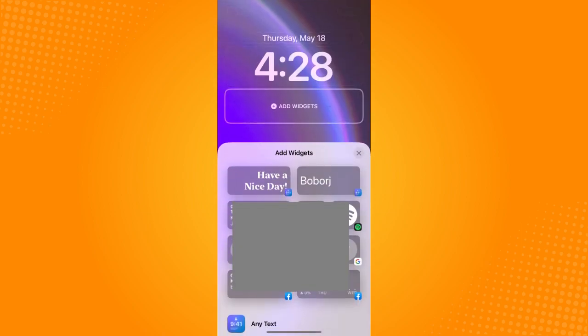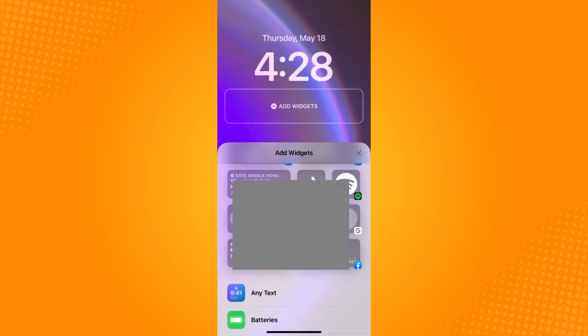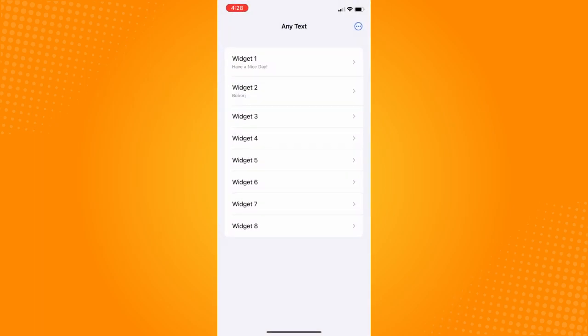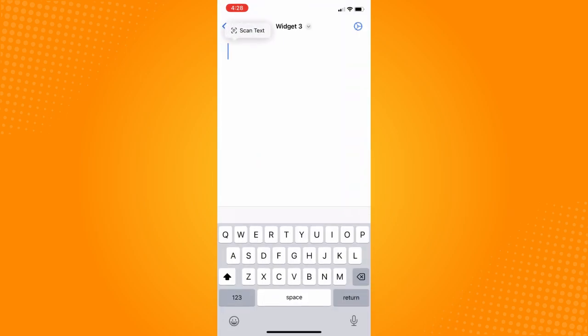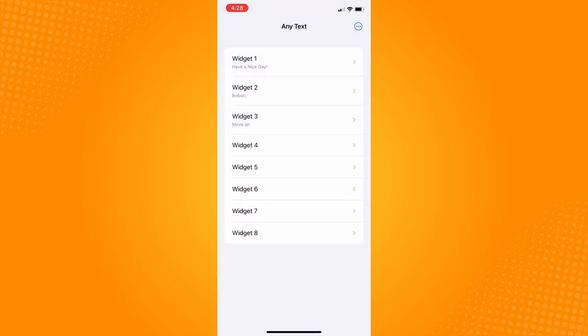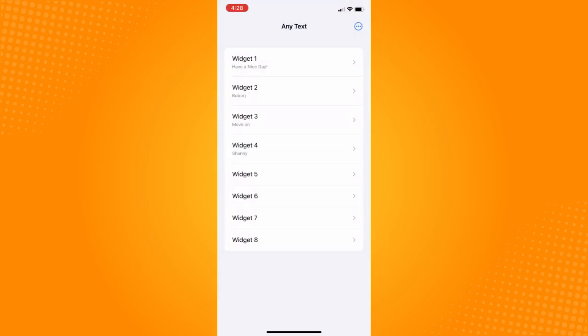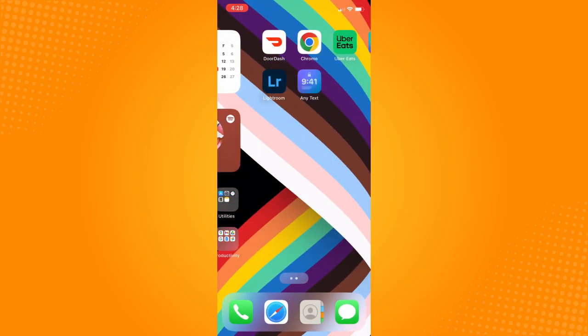Now first, you have to go to your Any Text here, and then create a text on your widget. So let's say, move on there, and then for widget 4, let's say, shiny, and then tap on add Any Text there. So just add all the text that you want to your lock screen, and then what I want you to do is